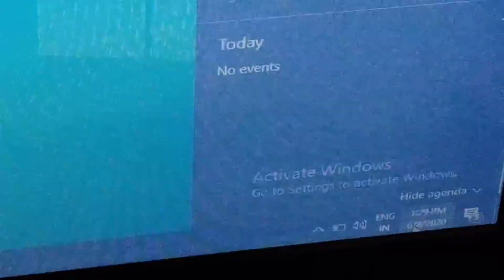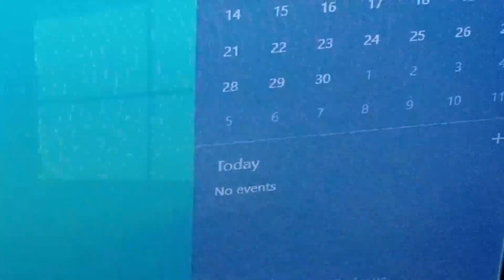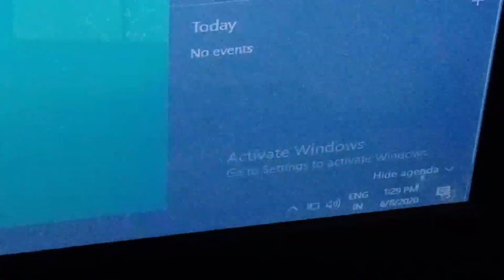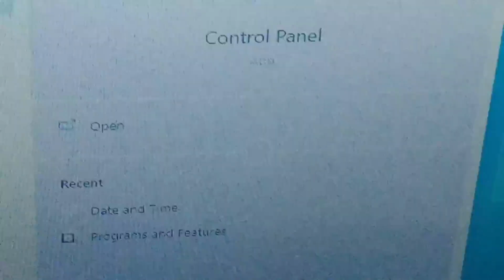Just click the time, and you can change to any such date and time. In the notification area, you go to the control panel. This is the control panel.